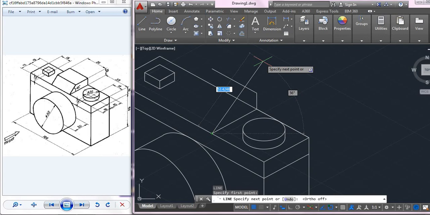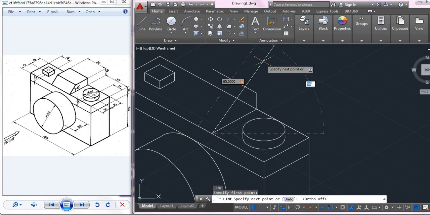Let me take a line of random length and we specify the angle as 45 degrees. So in order to specify the angle, we should use tab. So that we go for angle.